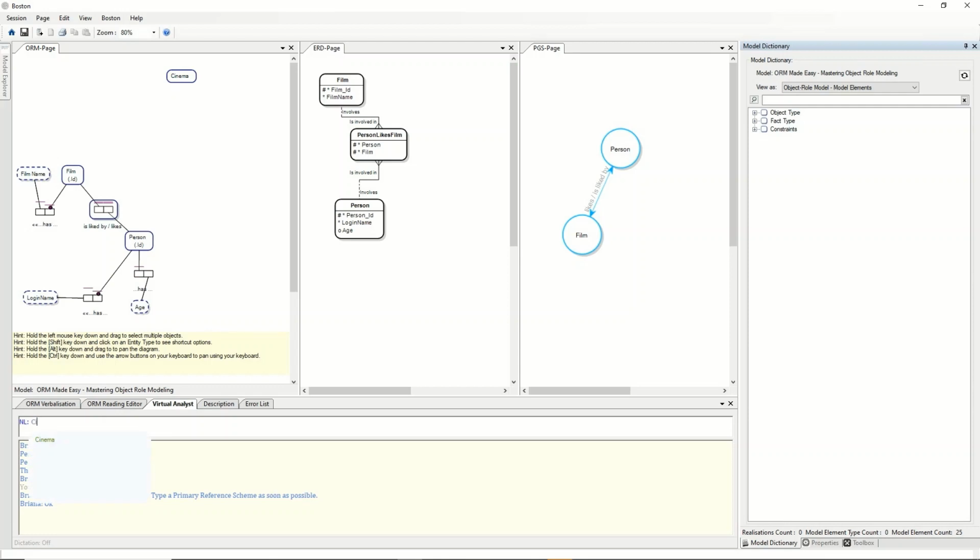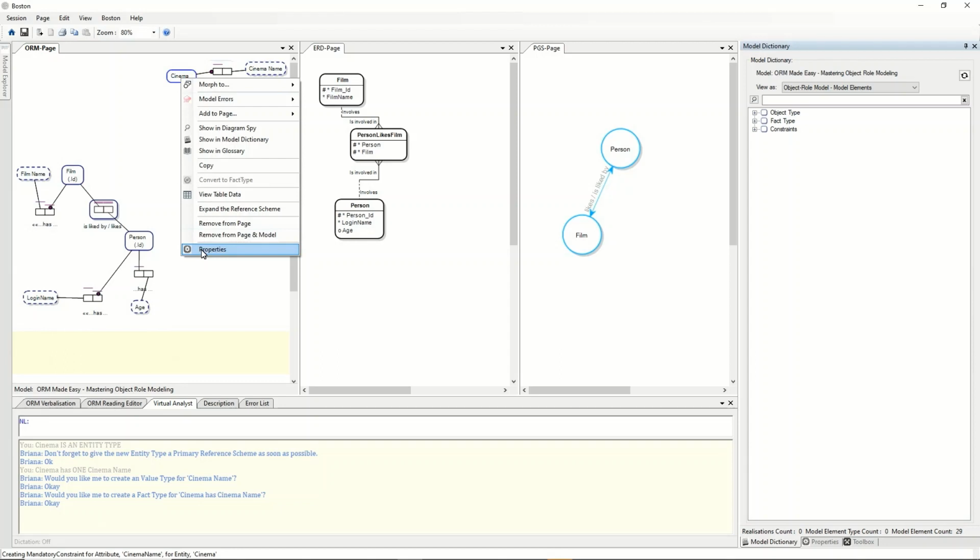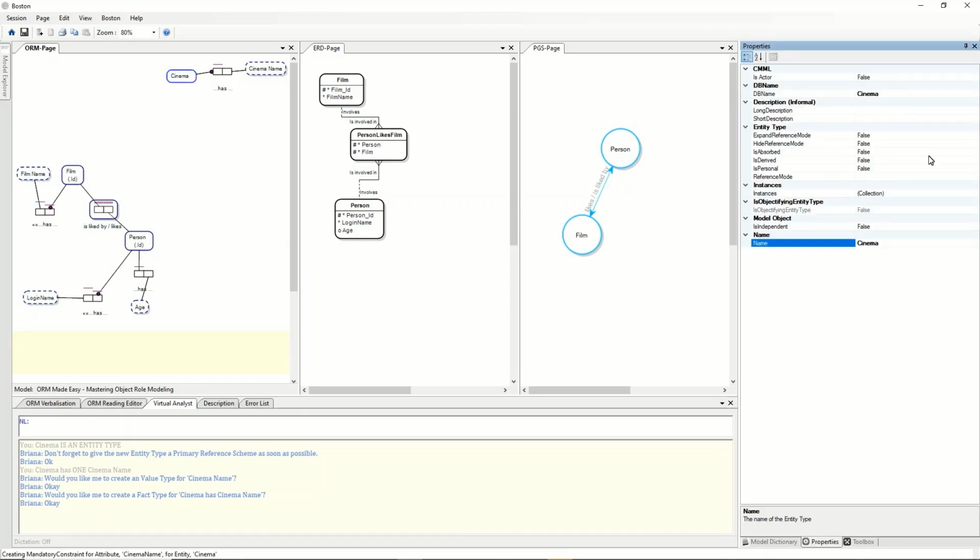And I'm going to say cinema has one cinema name. Hit go on that. Brianna's going to say, do you want to set up a value type for cinema name? Yes. A fact type for cinema has cinema name? Yes. And because we've said one, we know that cinema has one cinema name. So I'm going to put that right up the top here. We haven't set up a reference mode for cinema,